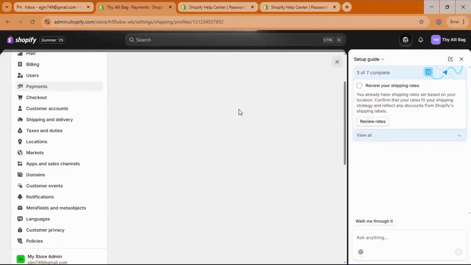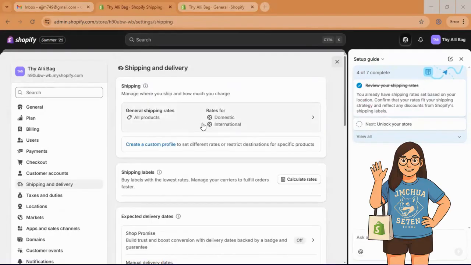Technically, the shipping rates here refer to the cost that you as the retailer charge your customers for the delivery of products they purchase through your online store. These rates can be determined in various ways, including flat rate, carrier calculated rates, or rates based on factors like weight or price.